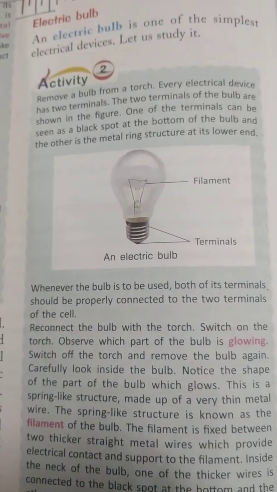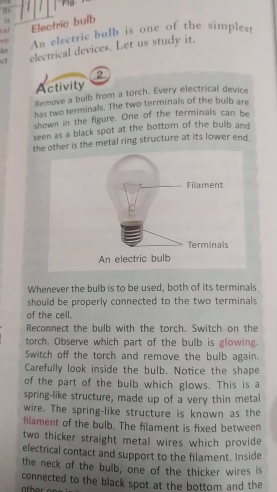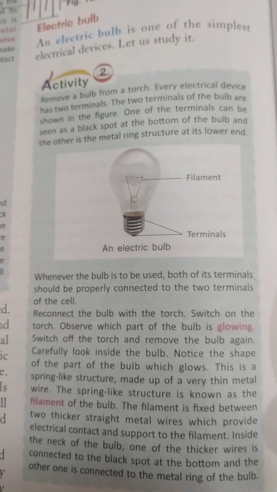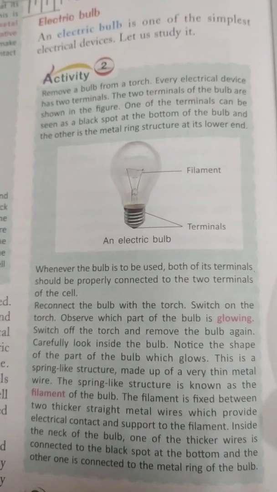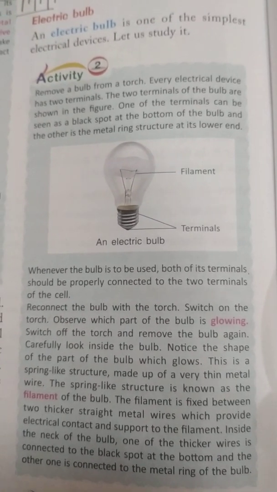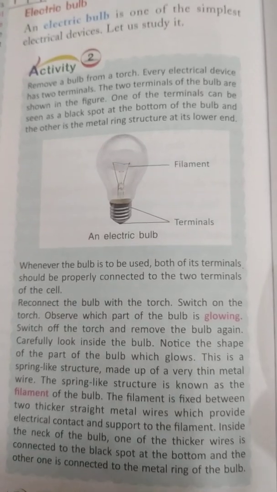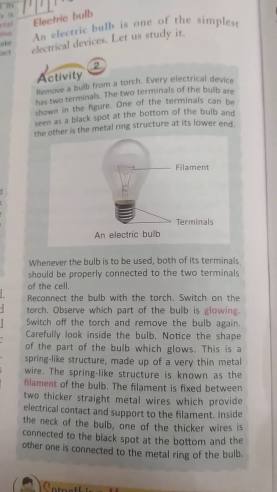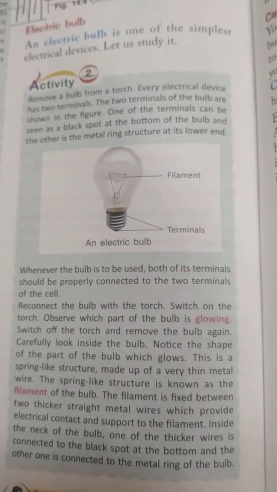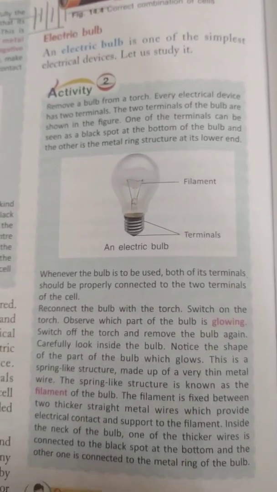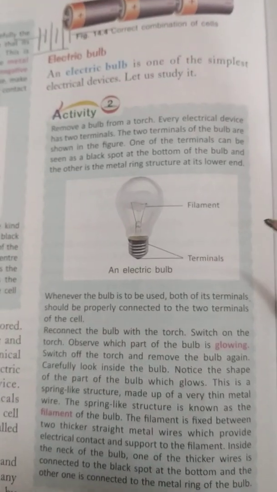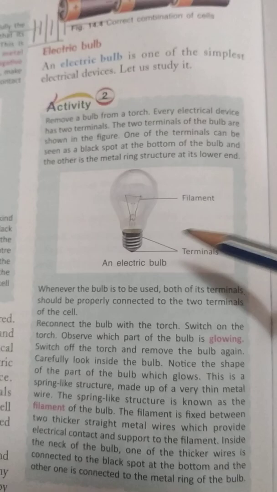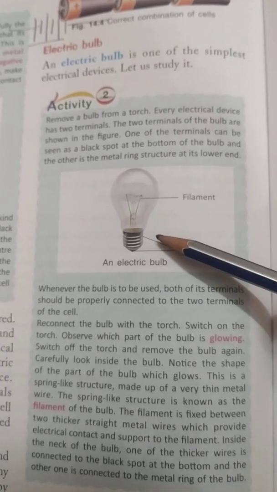As you already know, a bulb indicates the flow of electric energy in the circuit. So when the bulb glows, it shows that current can pass through the circuit. So how does this bulb glow and how can it produce light? A bulb basically has two main terminals, positive and negative.